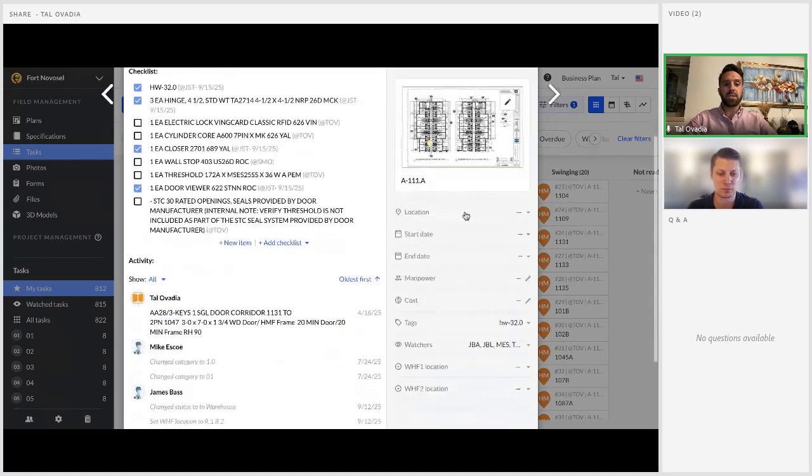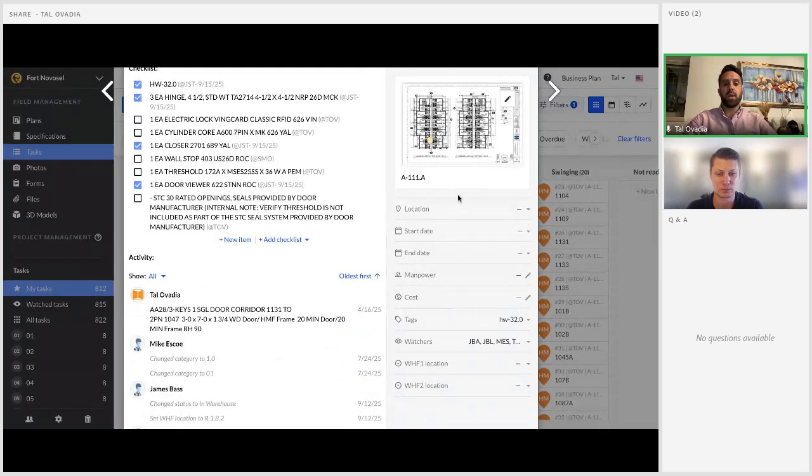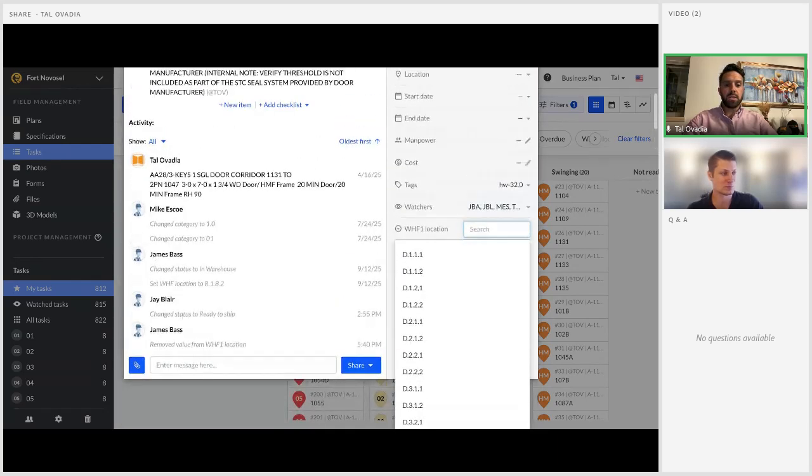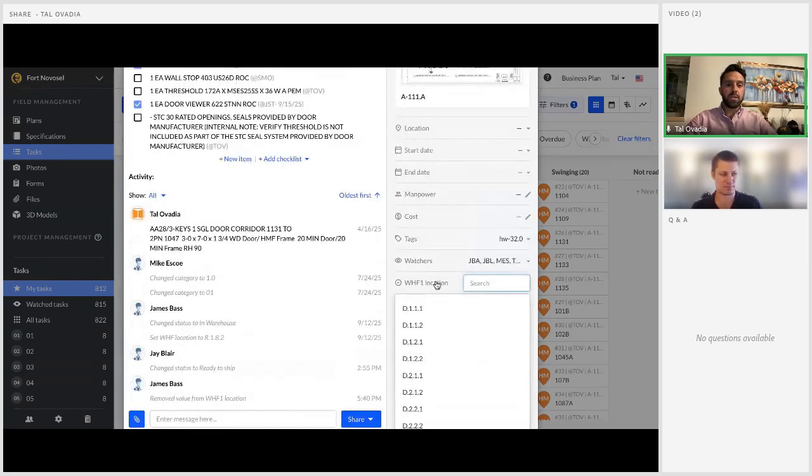So we can track things other than what Fieldwire is tracking as standard. So start and end date and manpower and cost are standard, but we'll put in like the location of our warehouse. And so this is a list of all our rack locations, and we can select what rack it's on so that we can know where to find this door any time my installers need to go install it.